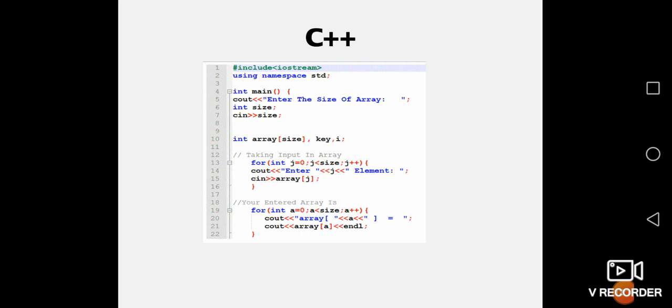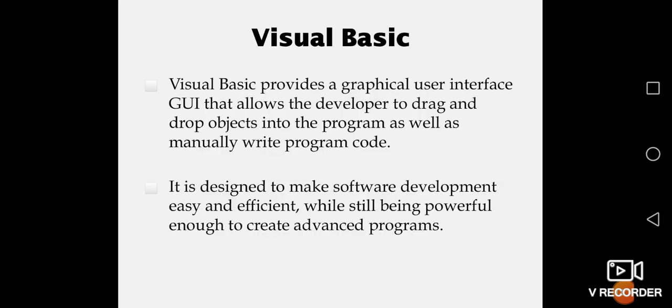Okay, next one, Visual Basic. In the beginning I told you c is equal to a plus b, integer, all that we have to do by our own selves. You have to learn the structure, only then you can do this. Visual Basic means you don't have to do any coding as such. You just drag and drop the box, or you can design it in your own way. Here software development is very easy, and it is a more advanced program, and it is more executable.